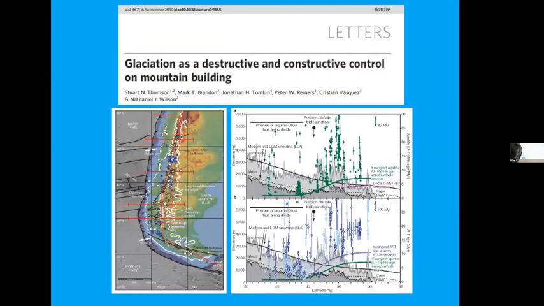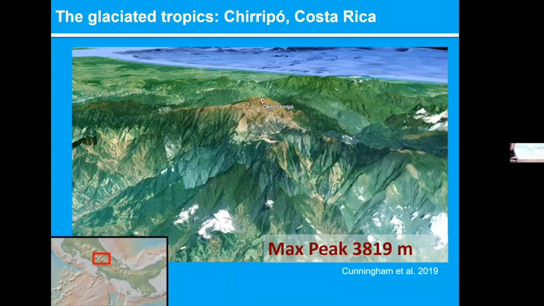I'm going to have to skip that, but the second area is the tropics. Remember I said Max dragged me down to the tropics? This is Costa Rica. It's the Talamanca range of Costa Rica, and the maximum peak is around 4,000 meters. I'll talk about why that's important in a minute. That's the Atlantic Ocean, and the Talamanca range.